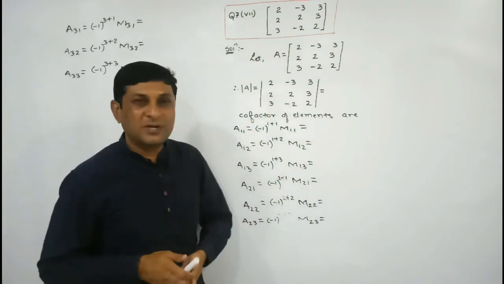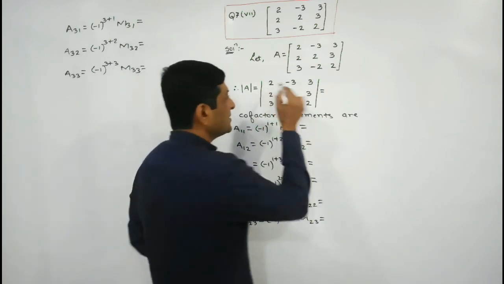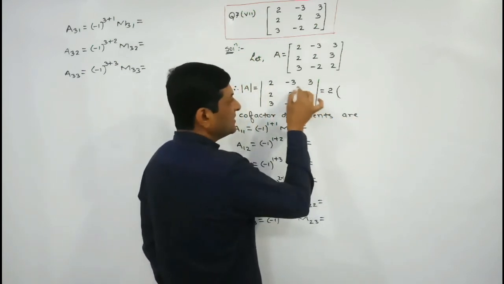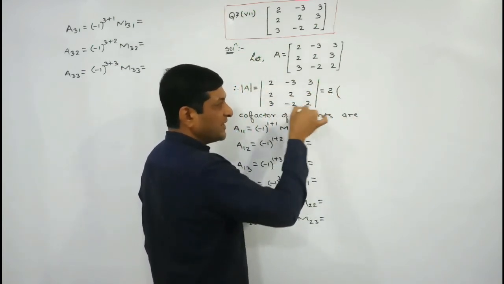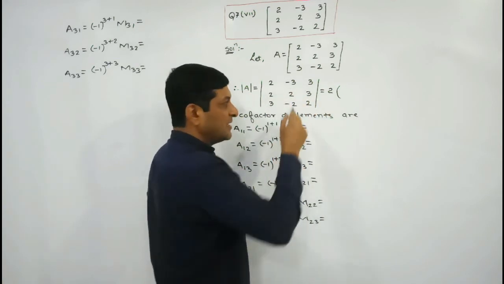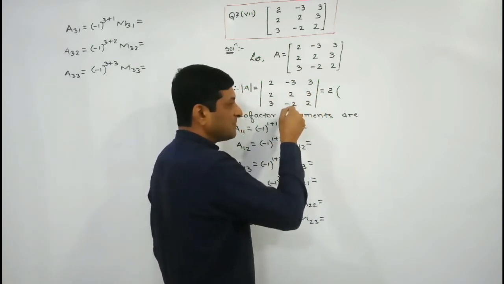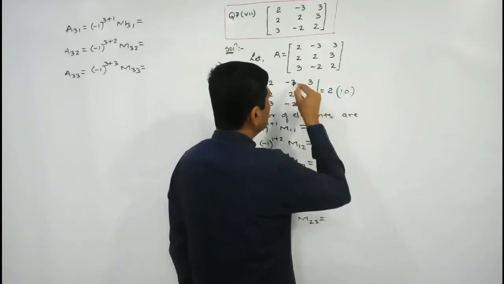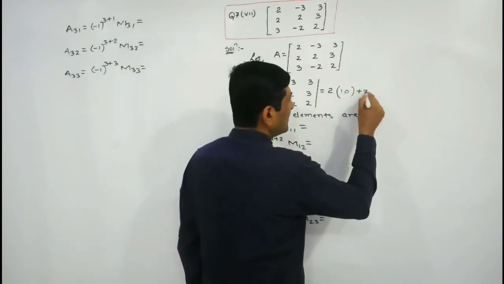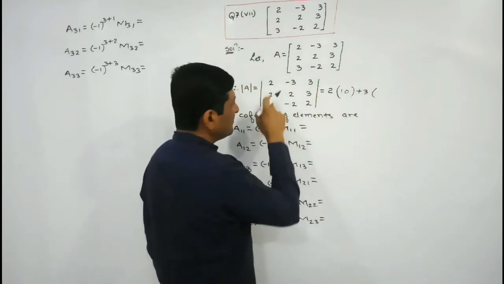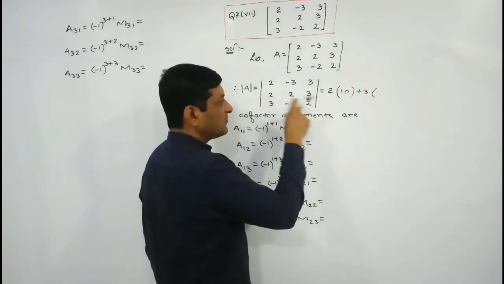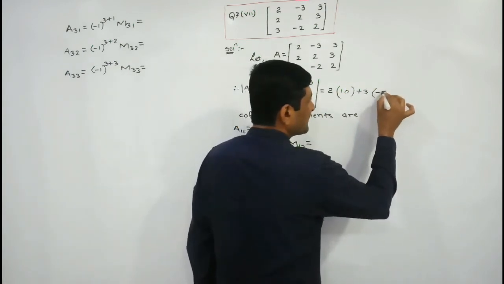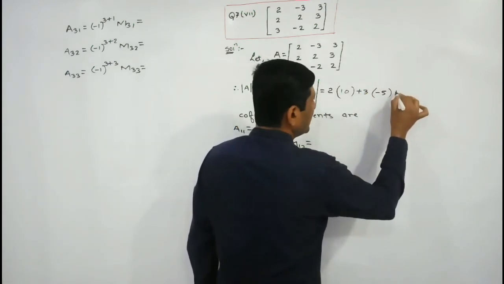Let us try to find the determinant of this matrix. Keep this 2 as it is. Now delete this row and this column, and find the determinant of these 4 elements. This product is 4 minus minus, means plus 6. 4 plus 6 will be equal to 10. Here minus 3 is there, so write down plus 3. Delete this column, find the determinant of these 4 elements. 4 minus 9 will be equal to minus 5. Lastly, plus 3, keep it as it is.